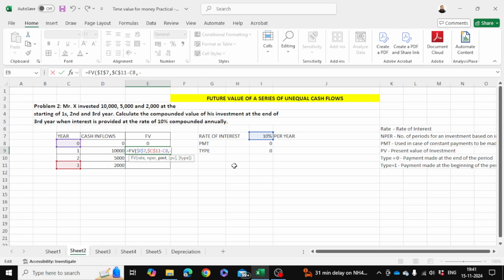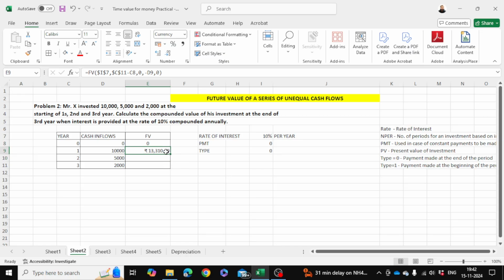So sorry, first of all you have to mention the PMT again 0. You can select it here, again it will be constant, it will not change, or you can directly write down 0 so that no confusion is there. Okay, next you have to mention the invested value, the first cash inflow, right? Then you have to mention 0, type is 0, because at the end of the year your payment will be done, right? Okay, so you will get a value of 13,310,